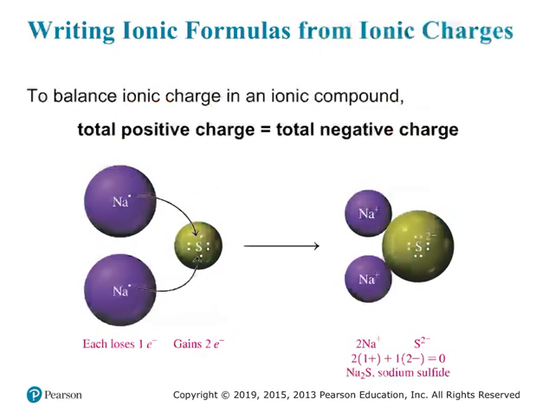Now, what if we're going in the opposite direction? Let's say we have sodium, which has 1 valence electron, and it wants to form a bond with sulfur. Well, sulfur is in group 6A, so it has 6 valence electrons, which means that it needs 2 electrons to have an octet. So what's going to happen here is one sodium atom is going to give up its electron